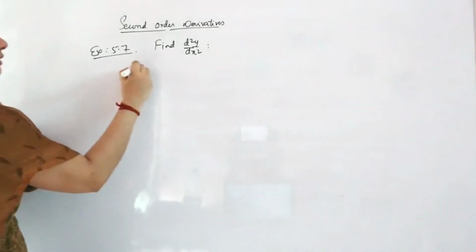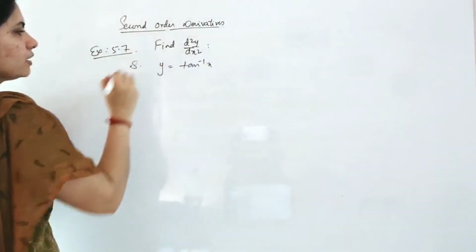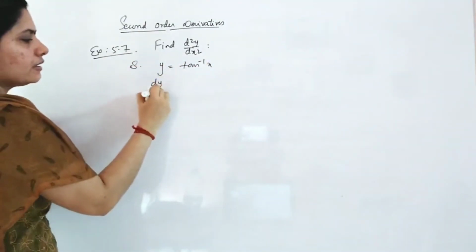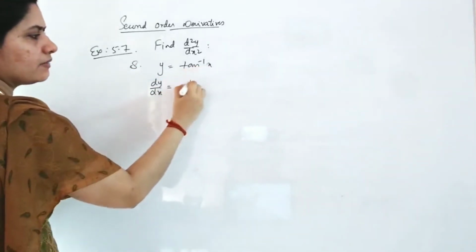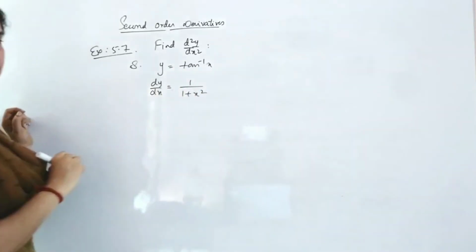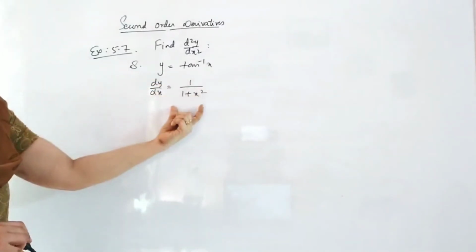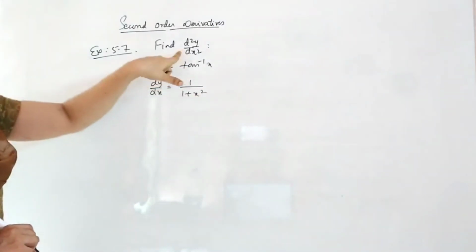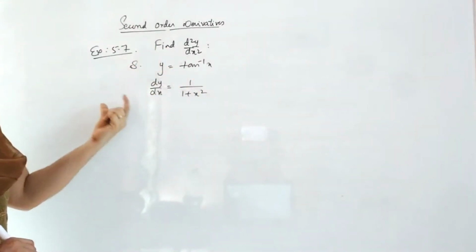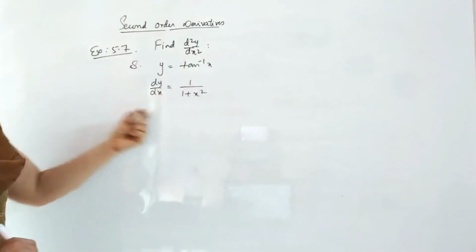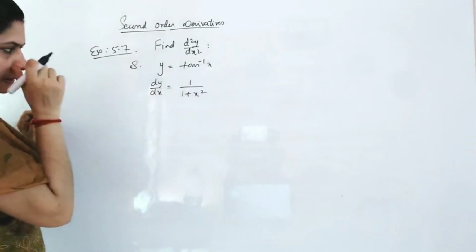Next is 8(1) tan inverse x. So y is equal to tan inverse x for your 8th question. First derivative will give you what? Tan inverse x will become 1 by 1 plus x square, right? Now here in this case you need not prove anything, you need only d square y by dx square. So in that case you need not take this and 2, because then you have to make it as d square y by dx square is equal to. Okay, if it is in your prove that case, you just apply this cross multiplication method.